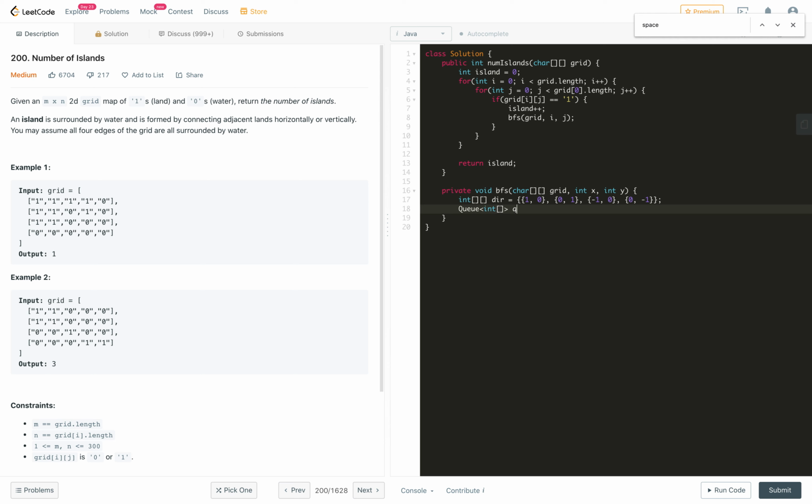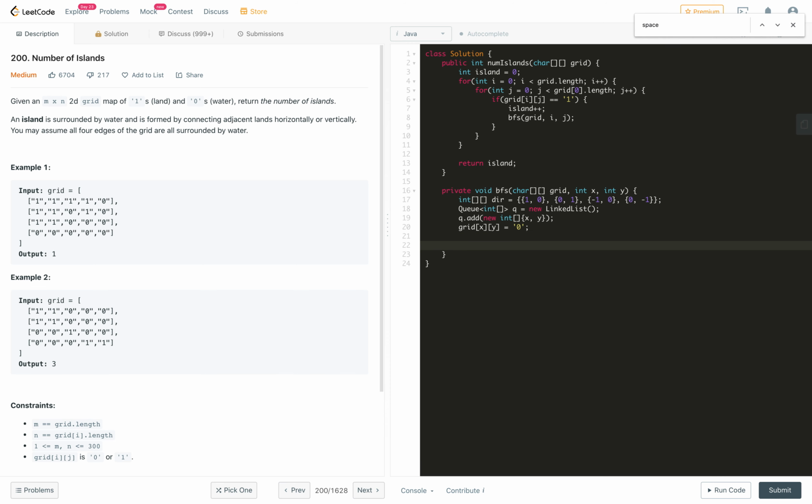Now we will create a queue of int pair. So let's create the queue as a new linked list. Queue dot add the current coordinate, new int pair of x comma y, and mark that current coordinate, grid of x comma y, as visited by assigning it 0.